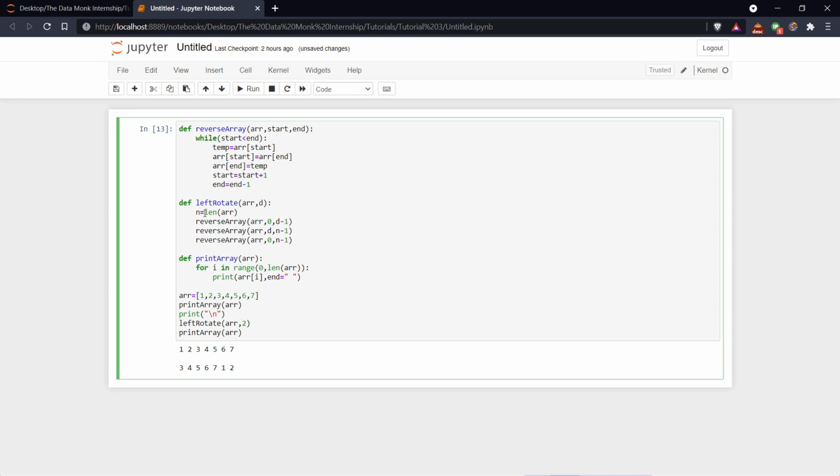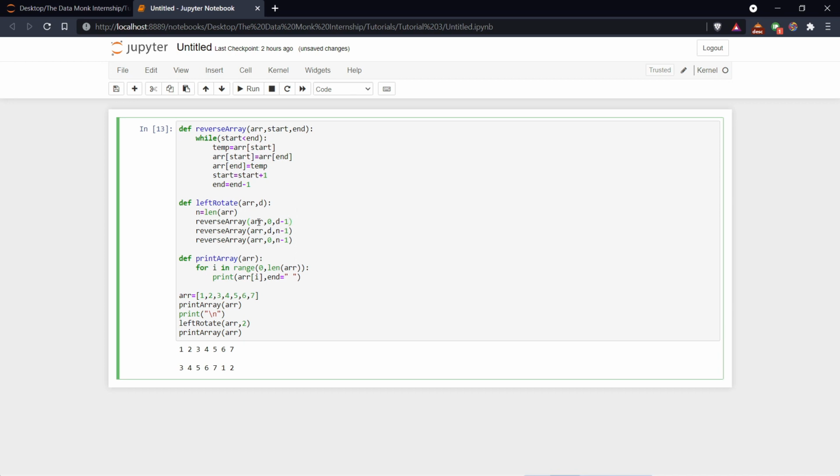Inside this function, we will be passing the array and the size up to which we have to rotate. The n will have the length of the array, which is the size of the array. Then we are using the reverse array function. We will be passing the array, then the start and the end up to which we have to reverse. We want to reverse the array, which will be 0, and the number of positions we want to pass, so it will be 2, but indexing is starting from 0, that is why we have to subtract 1 every time.